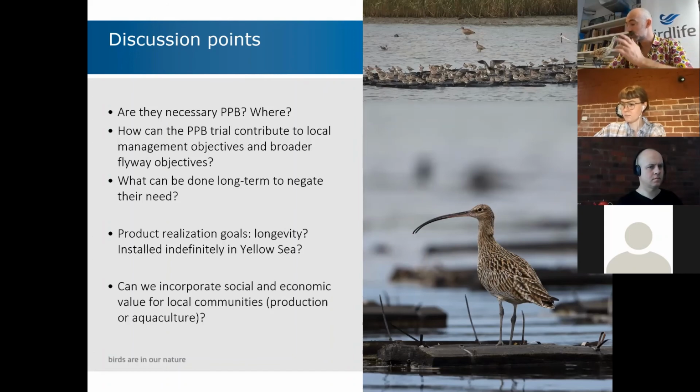As you have probably noticed in some of those areas, and similarly at Merimbula Lakes, which was the inspiration for the trial, certain populations, particularly the larger shorebirds, show such high site fidelity when they're returning. We've seen that through tracking studies and leg flag re-sightings, that they come back to the same non-breeding sites year on year, and some of them are more habituated to disturbance than others. So